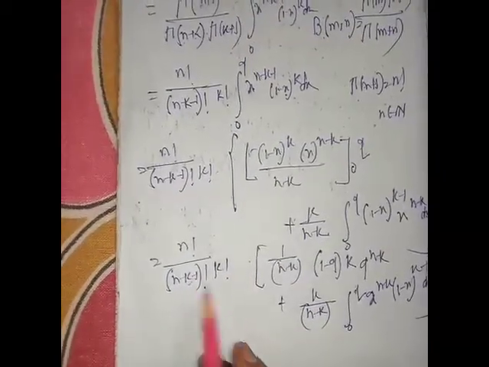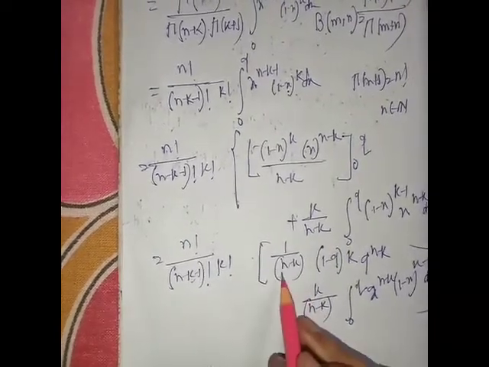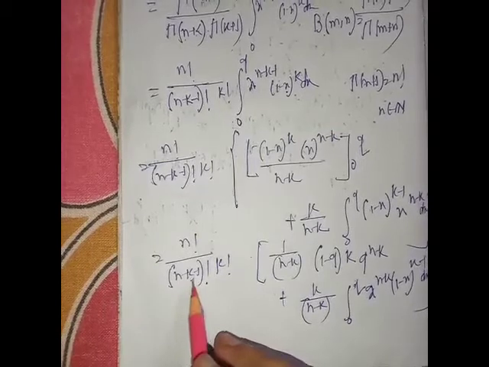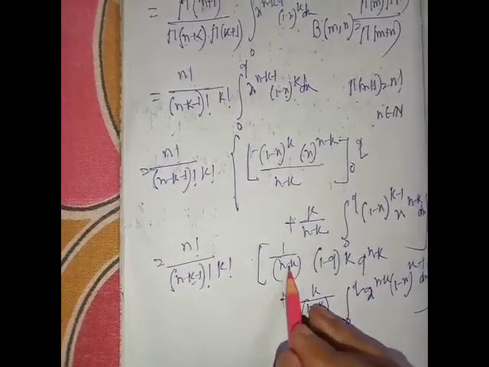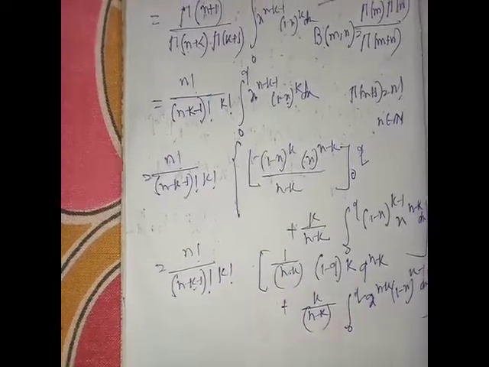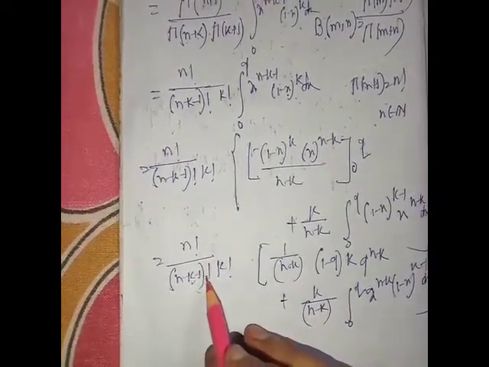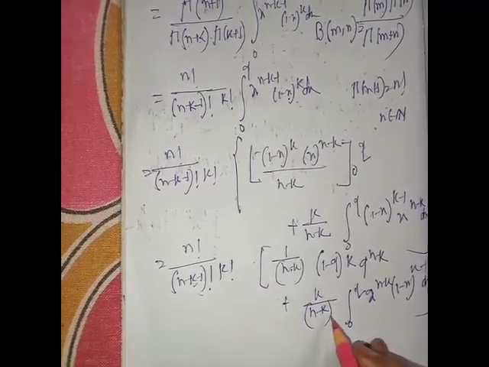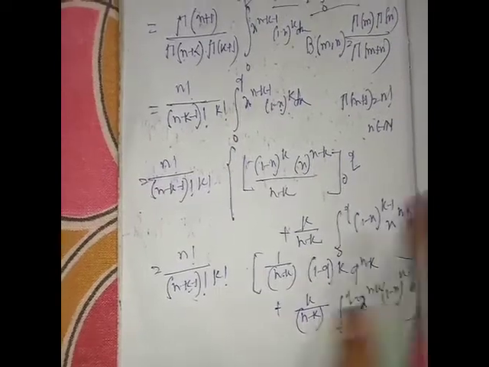(n minus k minus 1) factorial into (n minus k) equals (n minus k) factorial. Similarly, (n minus k minus 1) factorial into (n minus k) equals (n minus k) factorial. So in the next step,